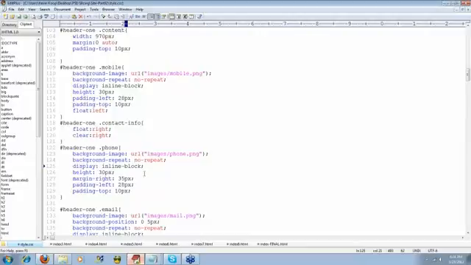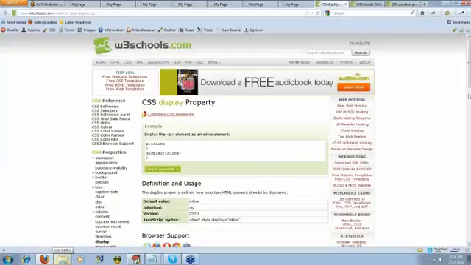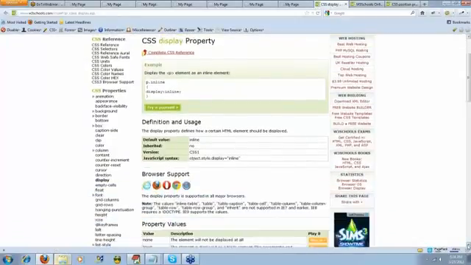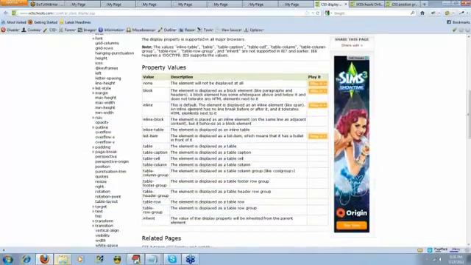Now, it gets more complex when you have this new call out of inline-block. What does that really mean? Well, I'd have to take you back over to the W3C and show you the different properties that you can set display to, and do my best to try to explain it. This is the first element that, I'm going to be honest, I have a very hard time explaining verbally. You can see that there are many property values for the display